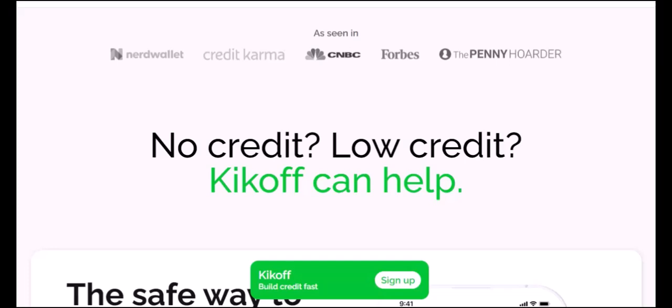The cost of a Kikoff secured credit card isn't always a straightforward annual fee or interest rate. It's more about the security deposit you provide, potential, though hopefully minimal, monthly fees, and the importance of responsible usage to avoid late payment penalties. The real value lies in its potential to help you establish or rebuild credit, opening doors to better financial opportunities down the line. So, while the upfront monetary cost might seem low, the commitment to responsible financial behavior is the most